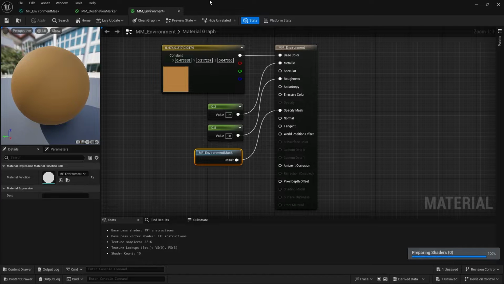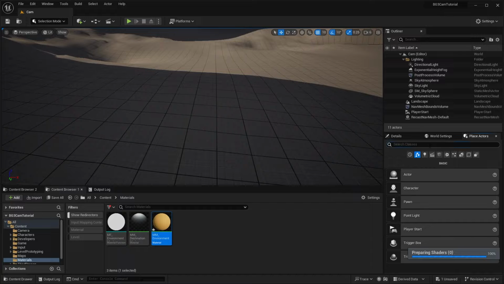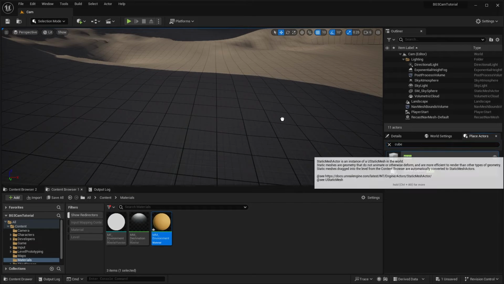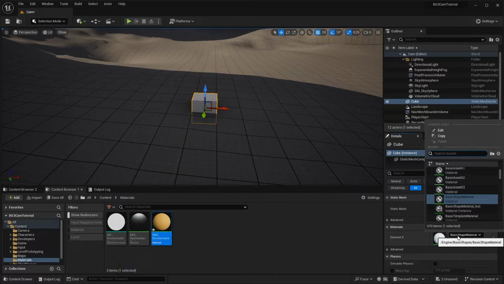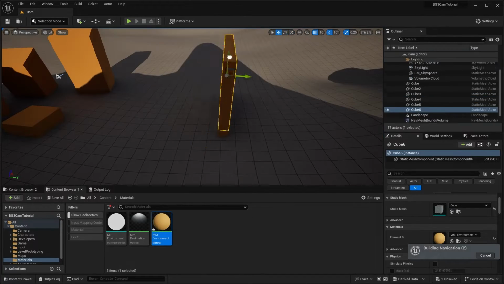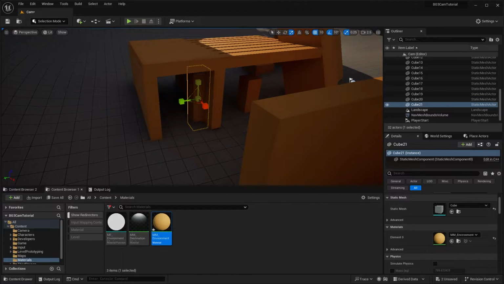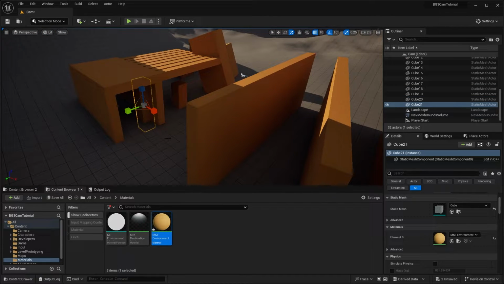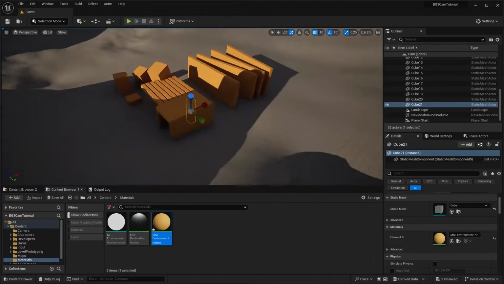And now let's start building up a basic environment here. So I'm going to throw down a few cubes and apply the material that we made to it. And we'll speed this up and get talking about it in a bit. Okay, now we've got a fairly basic and ugly looking environment here, and we can start using this to visualize